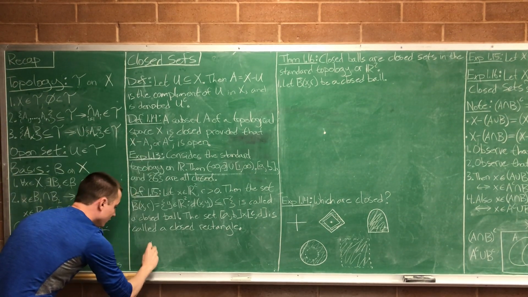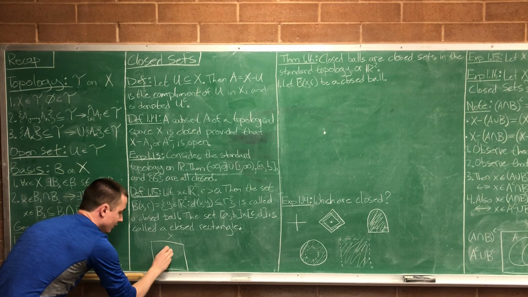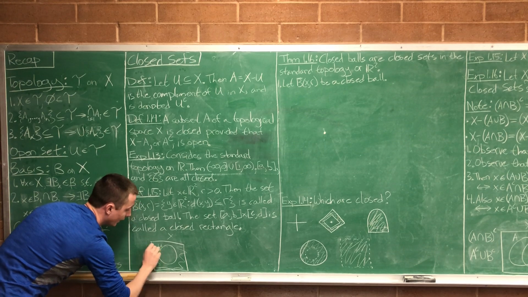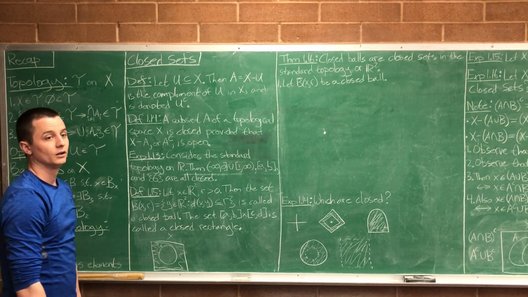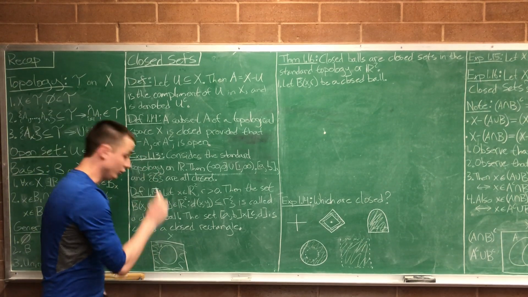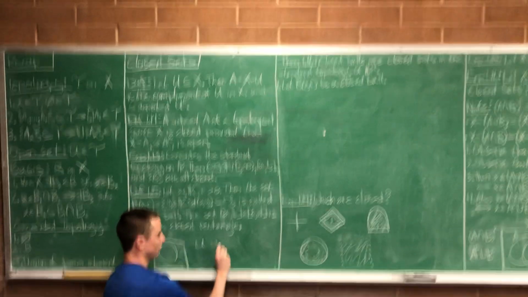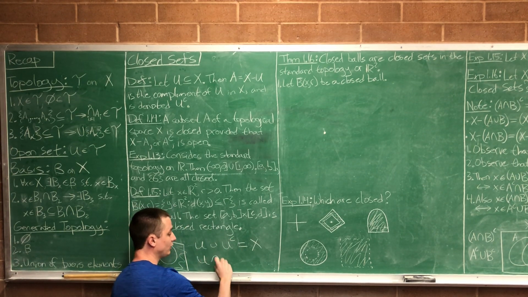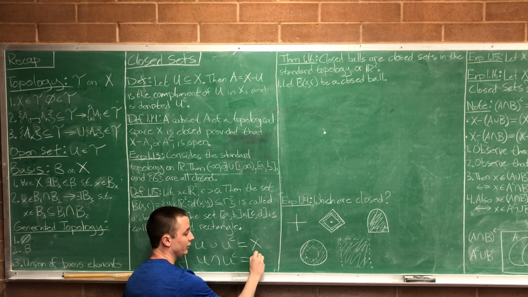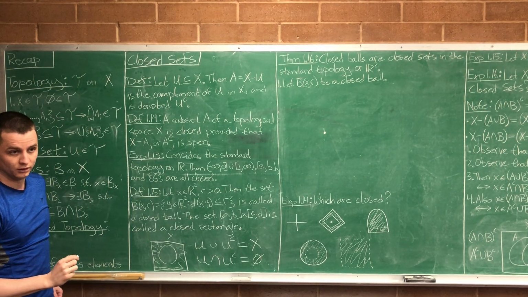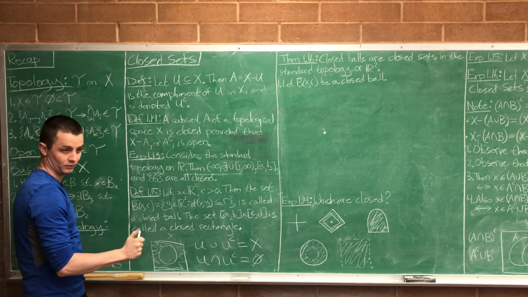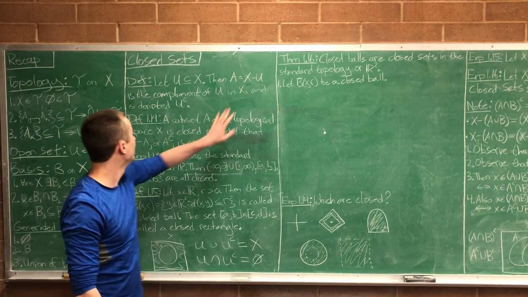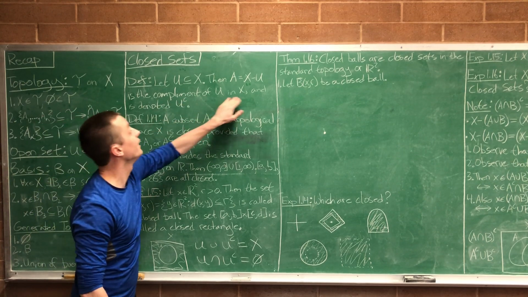So if I've got X, and here's U, the complement of U is everything outside of there that's also in X. So the union of them should create X, right? Yes. U union U complement is always equal to X, and U intersect U complement is always equal to the empty set. Make sense? And the complement only makes sense when you have this X already defined. Remember, A is the complement of U in X.